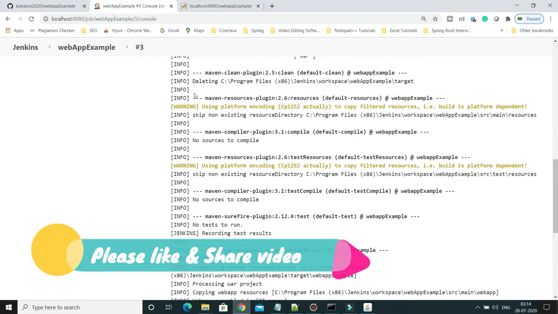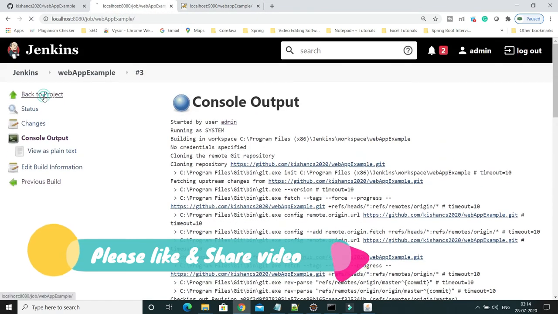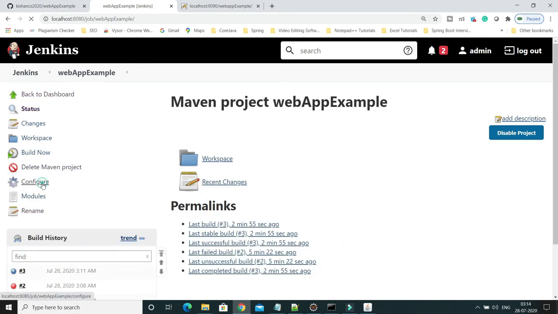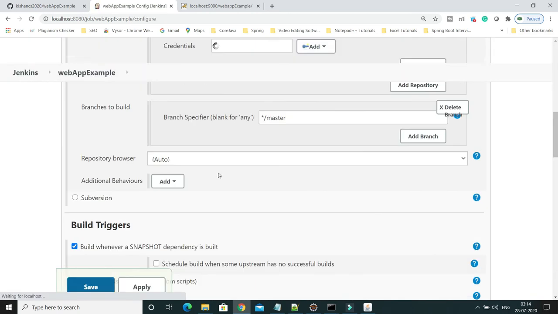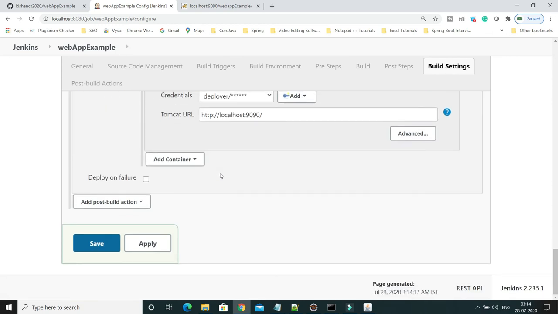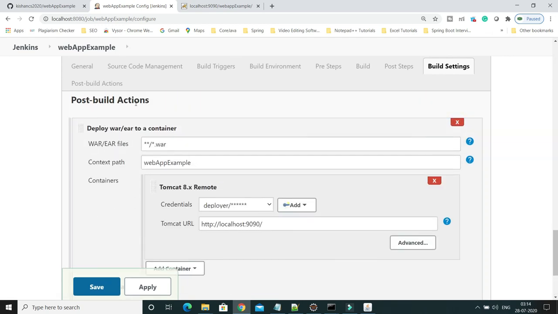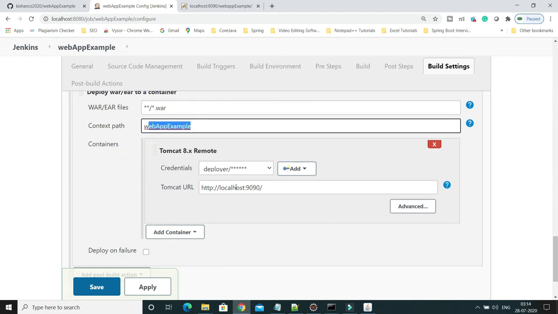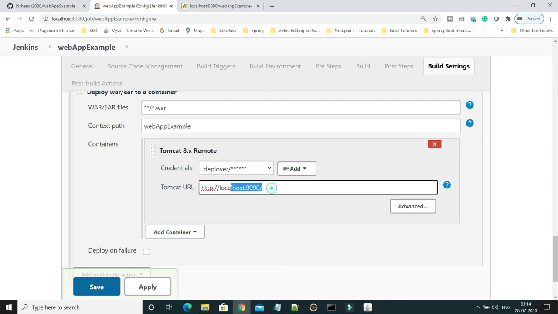If I go here, in the configuration section, you have to go to the bottom section that is called post build actions. There you have to specify whether you want to deploy the WAR or EAR, the context path, and container details like what the username and password are, and the Tomcat URL you have to specify.